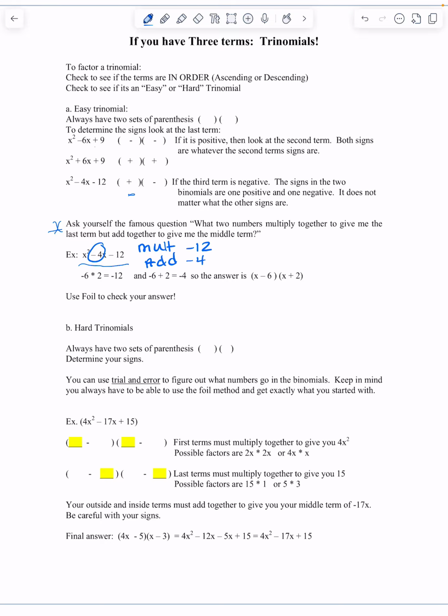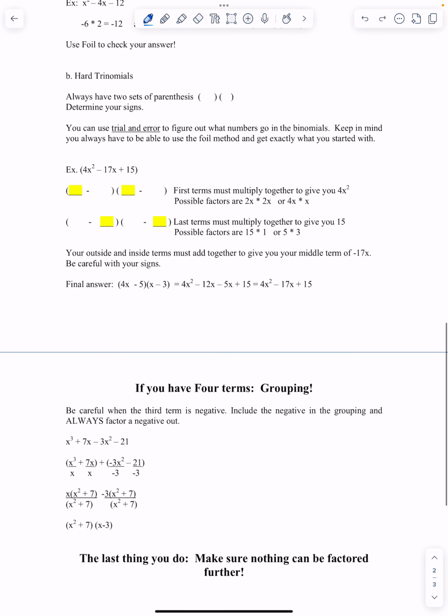The hard trinomials, again, which are trinomials that have numbers in front, are a little bit tougher because you have to do a little bit more thinking and you have to know your multiplication tables. So, if we look at the harder trinomials, you're also going to write down your parentheses, and there's a couple of ways that you can do that. You can use trial and error, which is to figure out what numbers go in the binomials. Keep in mind you always have to be able to use the FOIL method to get exactly what you started